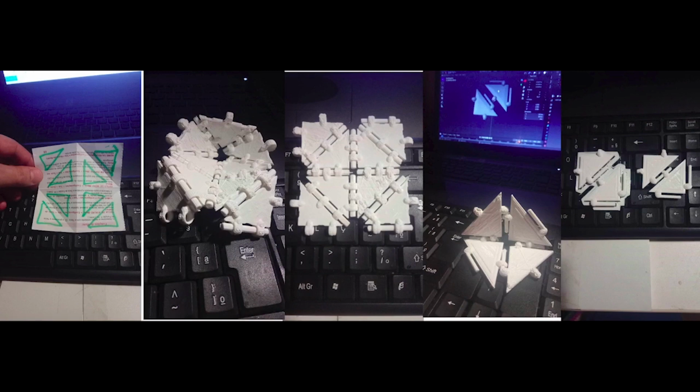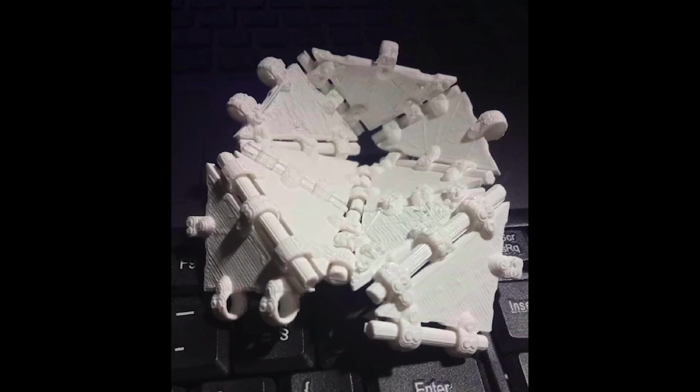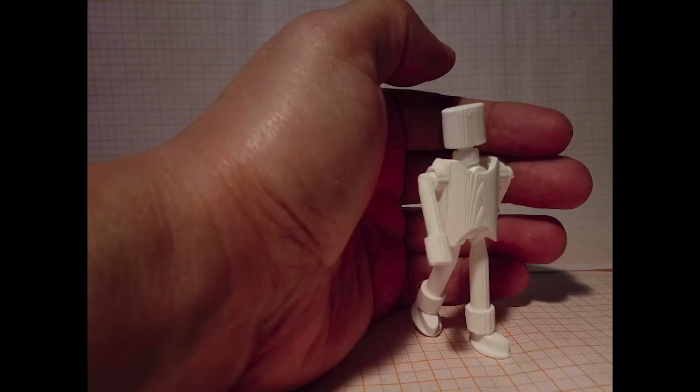I tried these ones connecting with origami, but it did not happen as I would like. It's not too good as it shows here. It didn't work very well, so I tried other models like this. I remember I loved Playmobil when I was a kid, and I said, okay, let's do my own open source Playmobil. And I created this little doll,